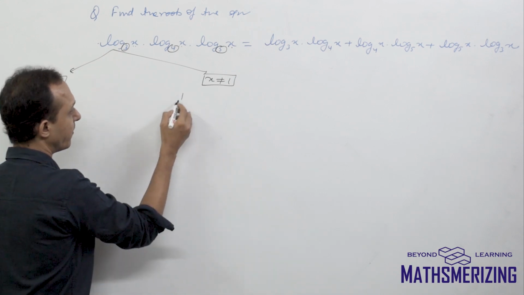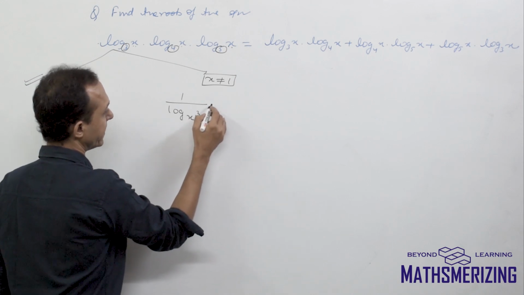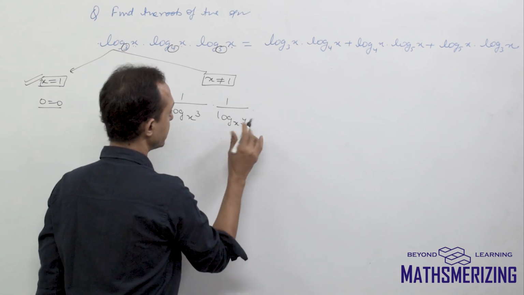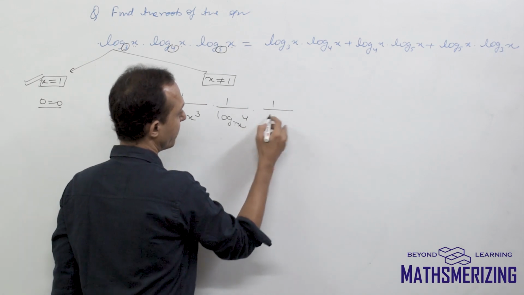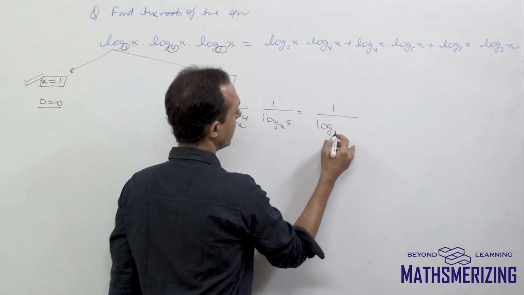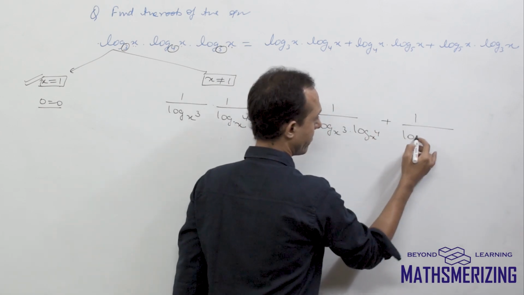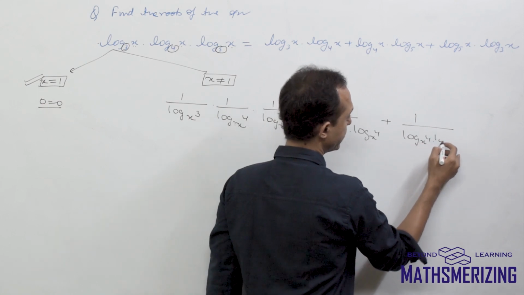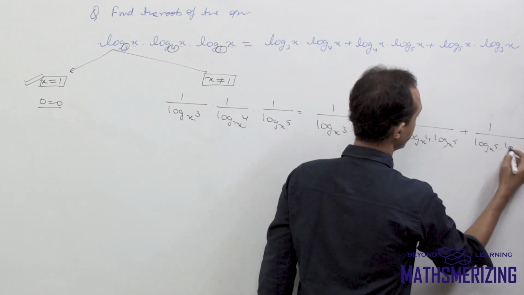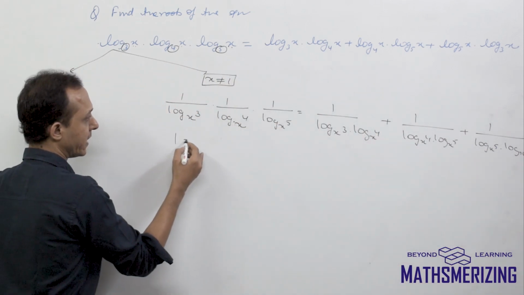So I can write it as 1 upon log 3 base x, 1 upon log 4 base x, 1 upon log 5 base x, and this is 1 upon log 3 base x into log 4 base x, log 4 base x, log 5 base x, and this is 1 upon log 5 base x into log 3 base x. Now if I take reciprocal, I'll get this as 1 equals 1 upon